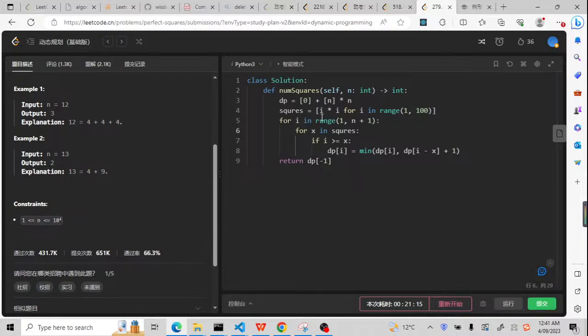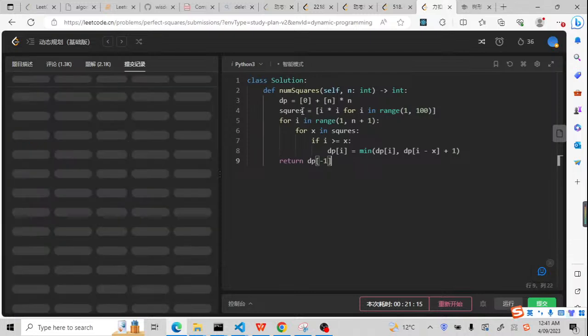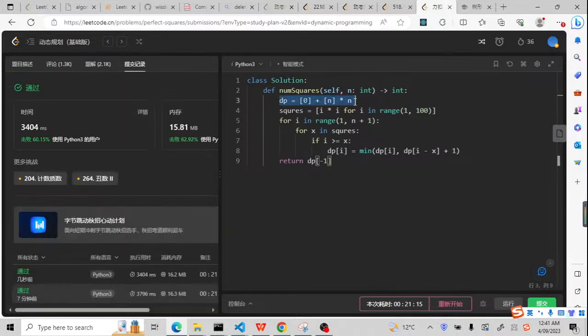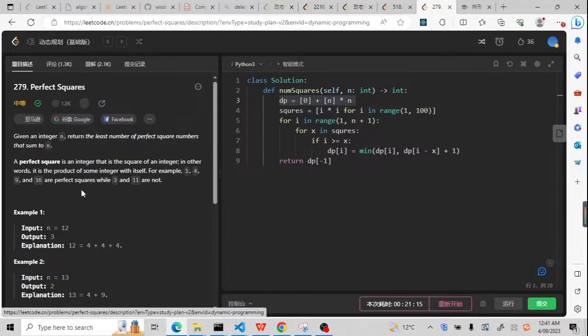Yeah, and by the way, the space complexity is just the maximum of the DP array with the squares. So it is O(n), the length of the DP array is n. As you can see, it's pretty fast and it works. Now let me check something else, about this kind of